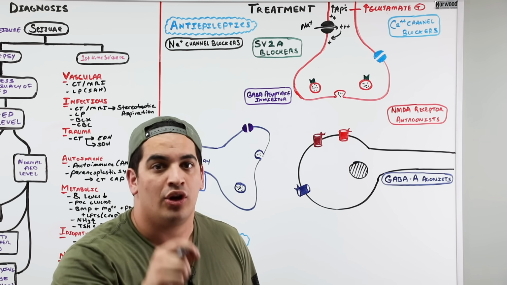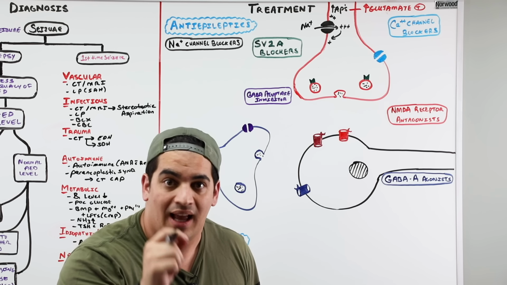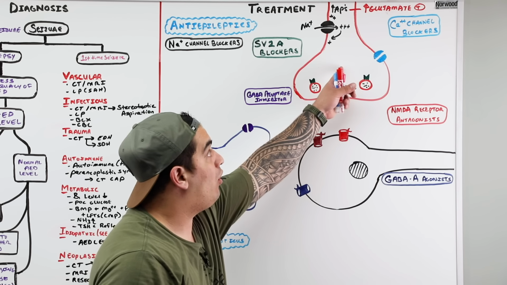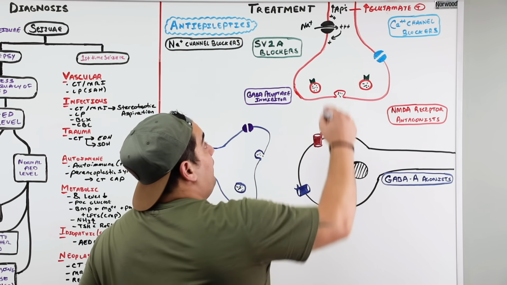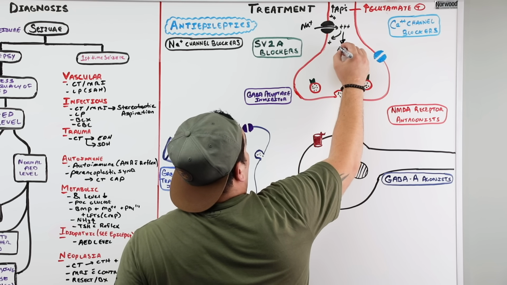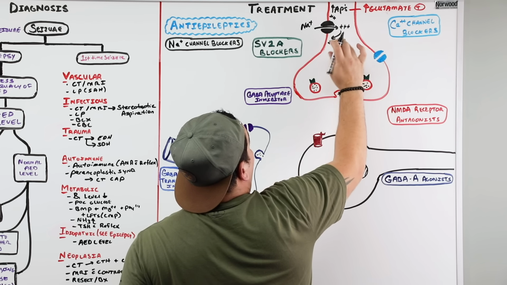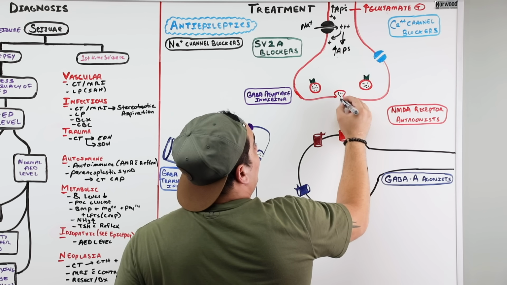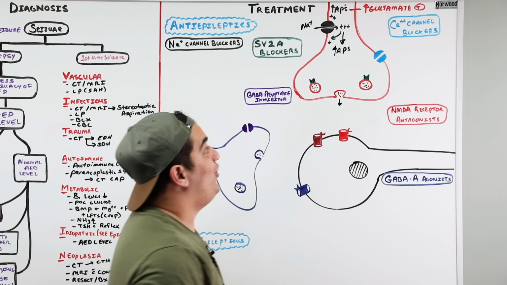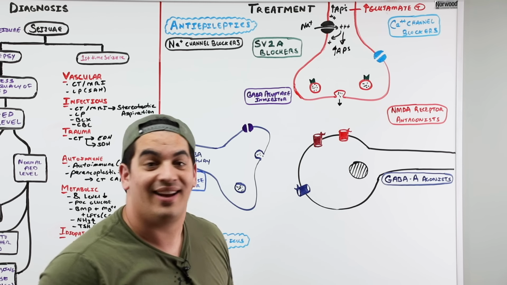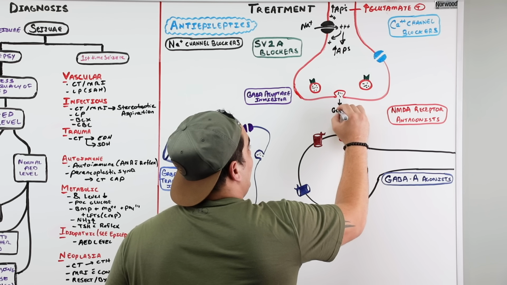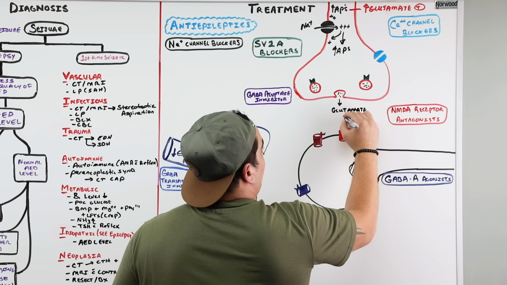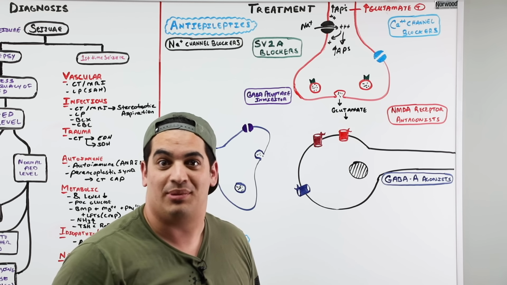Very, very important. Voltage-gated sodium channels on the actual glutamatergic neurons are important because they allow for depolarization of this neuron. If this neuron depolarizes and triggers action potentials that move down this axon to the synaptic bulb, guess what it'll do? It'll lead to the release of neurotransmitters from this neuron, like glutamate. And glutamate will then act on this postsynaptic neuron, stimulating it and triggering action potentials.